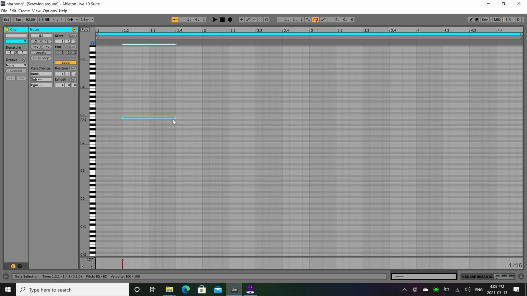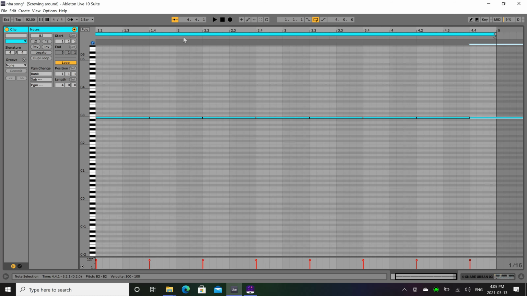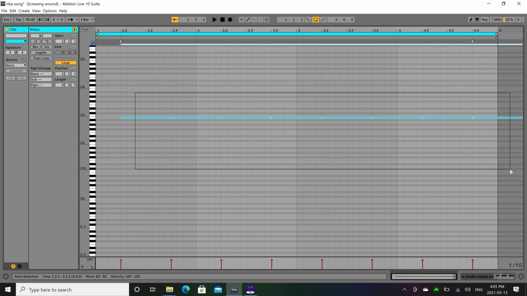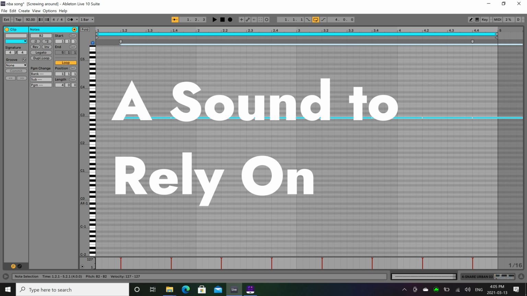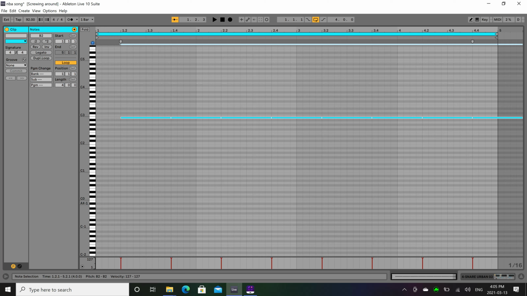And then we'll just Control D to duplicate the rest, and we'll pull up the velocities. The velocities are basically just how loud the sound is. And for a snare, we're not going to change the velocity because we want it to be something consistent that the rapper or the listener can rely on consistently throughout the beat. So if we listen to that with the beat,